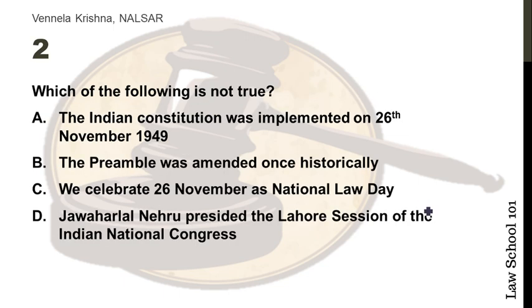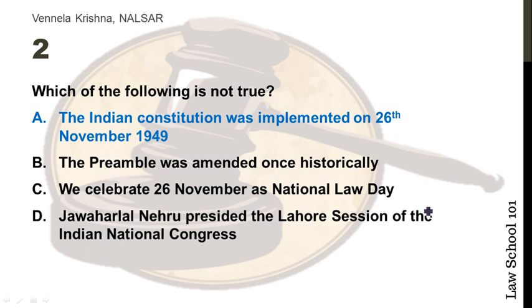Which of the following is not true? The answer is A. The Constitution was implemented on 26 November 1949. It was formally enacted on 26 January 1950, which was the nation's first Republic Day, although it was passed on 26 November 1949. So if you know your history, you know that even though the Constitution was adopted on